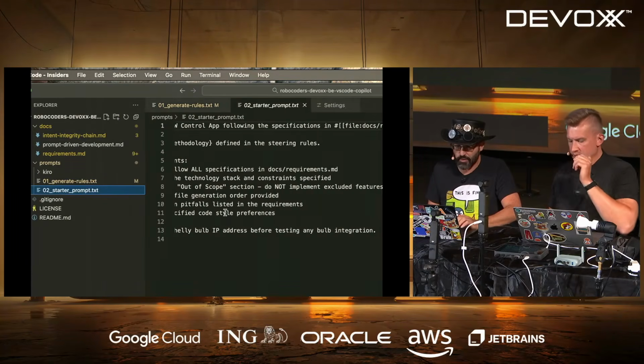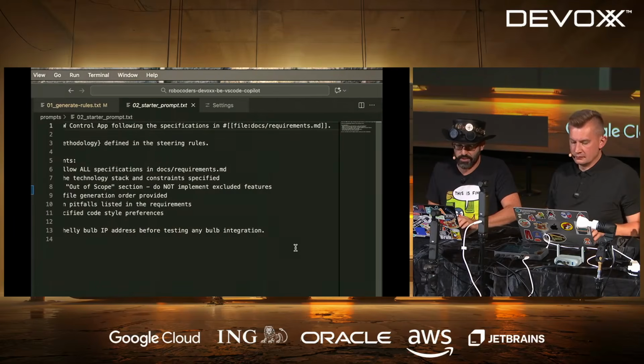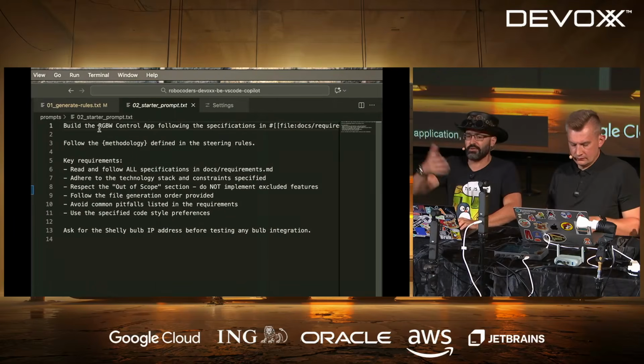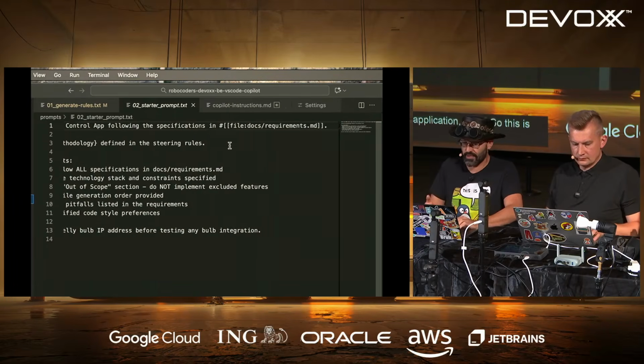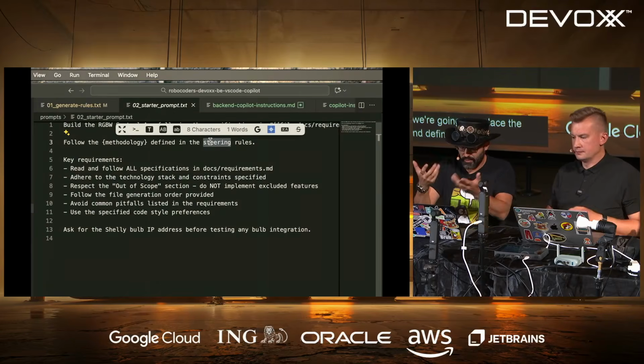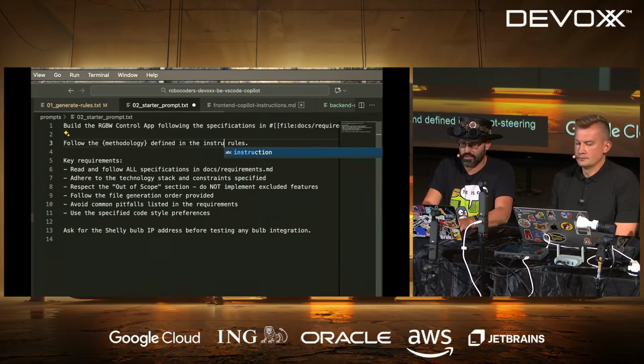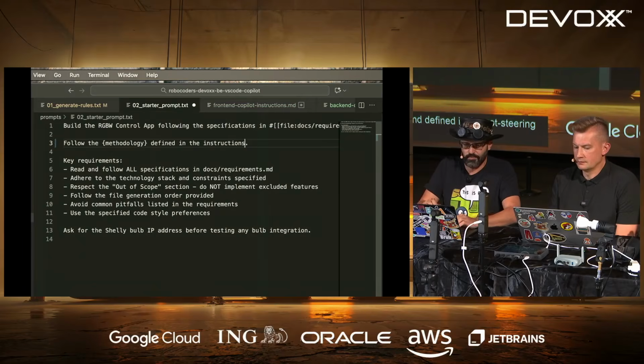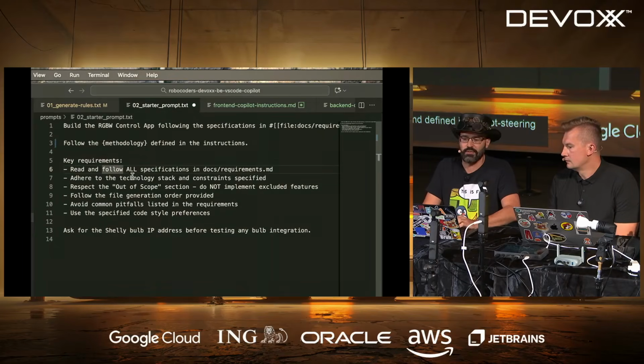And this is the prompt for actually building our application, right? So this is build, following the specifications we're going to replace the file, follow the methodology defined in the steering rules in the instructions, and key requirements.